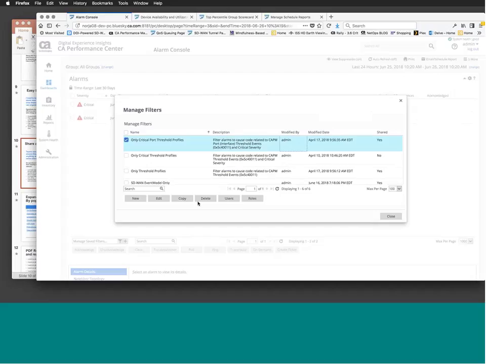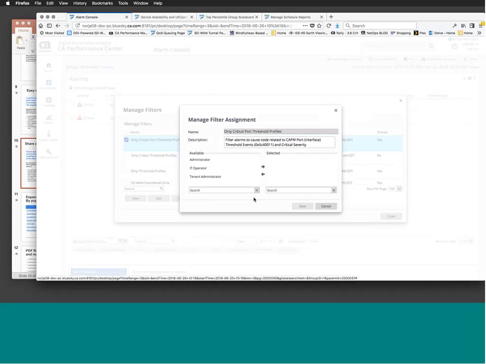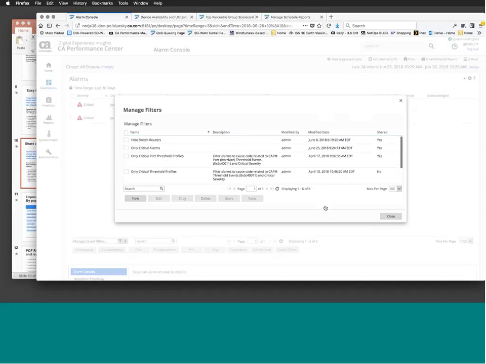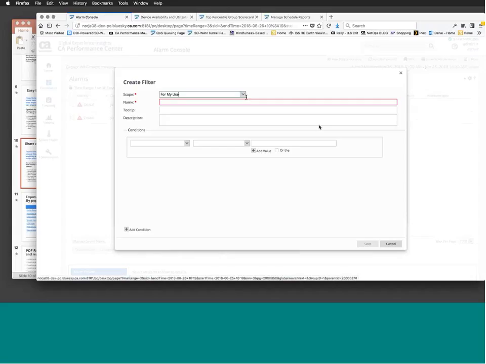We can determine which users or roles we want this particular alarm filter to apply to. We can edit that, or we can create a new rule from scratch. Rules are very easy to create. You simply define the scope this rule will be used for, say if it's only for my use, and we can give it a name, again a tooltip and a description so that it's easy to remember what it's doing, and then you can build